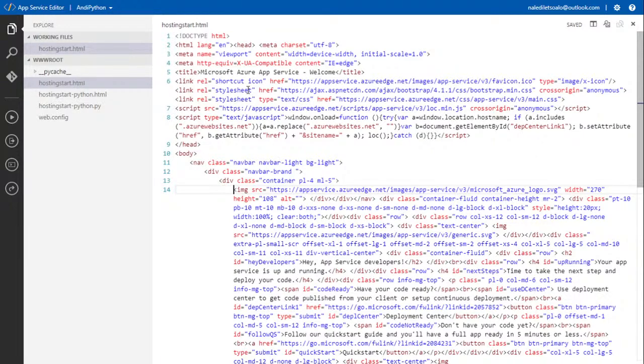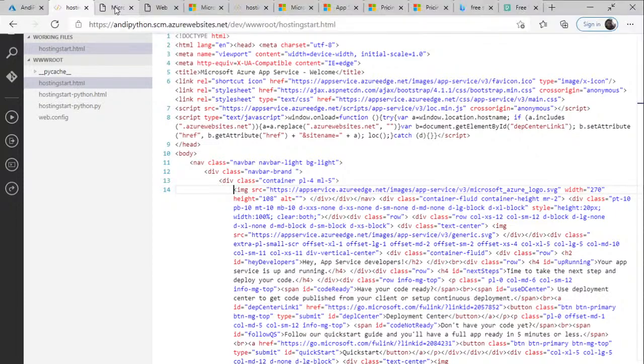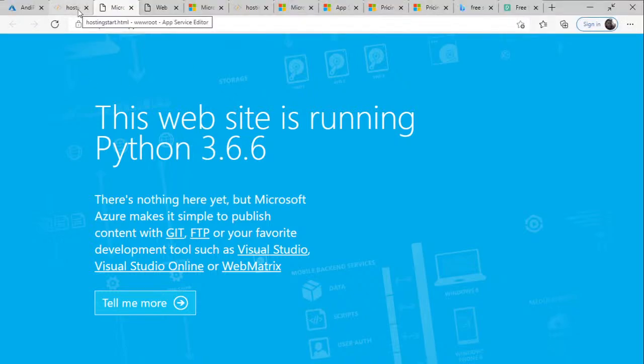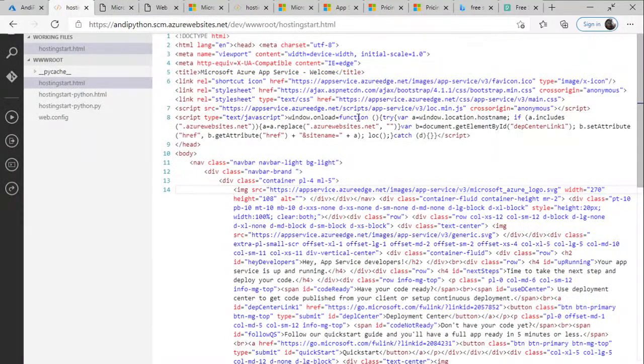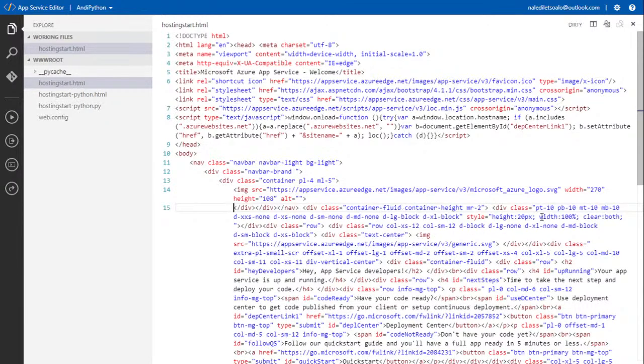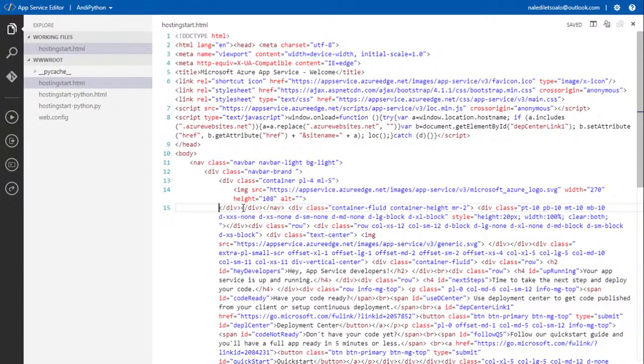The navigation bar is that thing at the top, and over here there is no navigation bar that you can see because the site does not have navigation yet. We're going to add that as we go. Okay, so that's my image, and the width is 270, height 108. I know where that one is, but this one is the closing tag for that one.